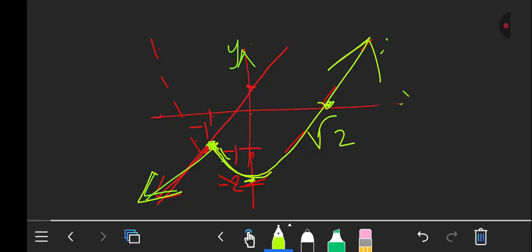Then the next thing, let's determine whether this is continuous. So for us to determine whether it is continuous, there are certain things we need to consider. First thing, we're going to find what is f of x. If we find f of x, we need to make sure that f of x should be equal to the limit